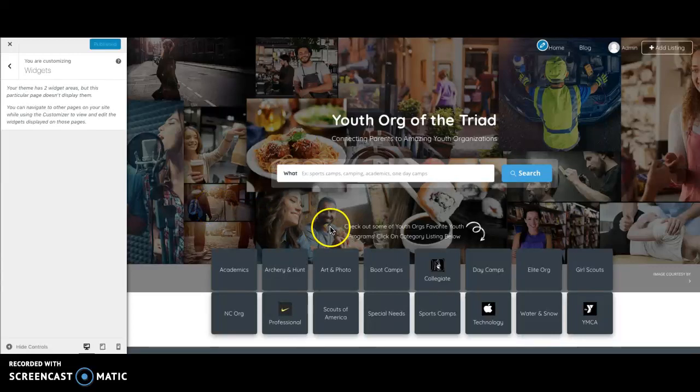Okay, I just had a couple of questions, and I'll try to make this as quick as possible. First off, I love this design. I love how easy it was to create these menus. But when I click on sports camps,